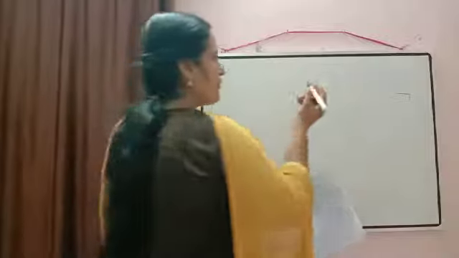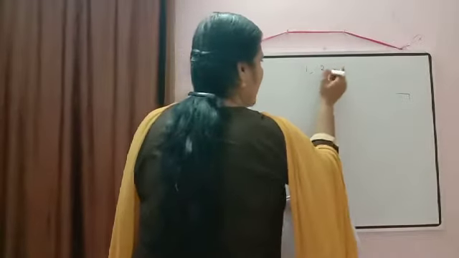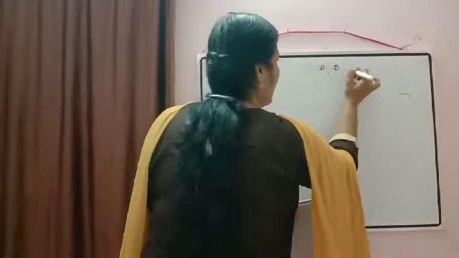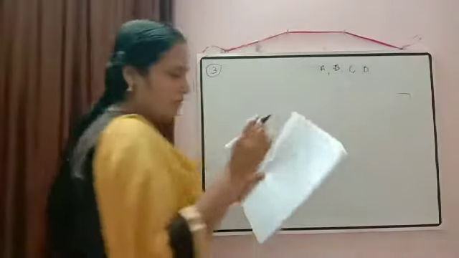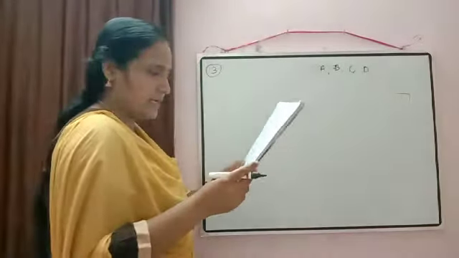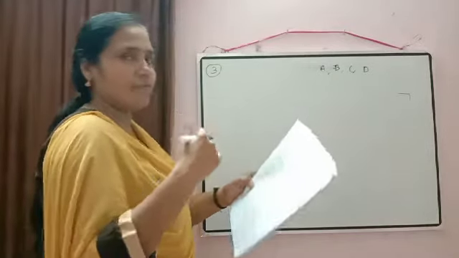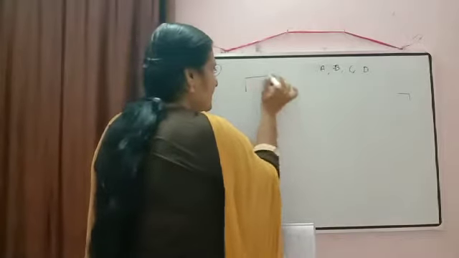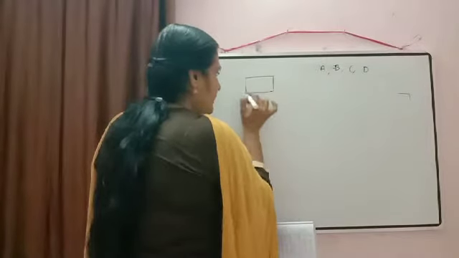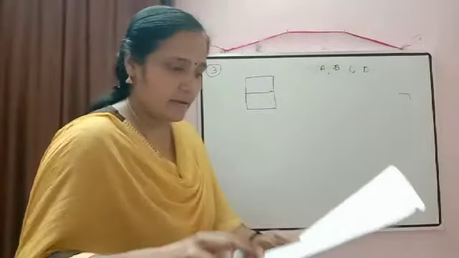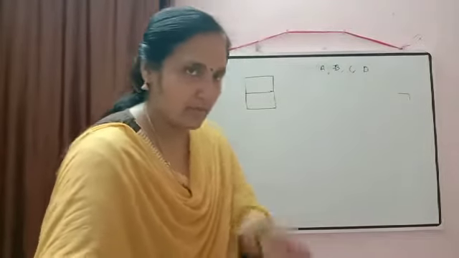So we have 4 flags there. Suppose I am giving the names A, B, C, D. We have 4 flags of different colors, and to generate a signal we require 2 flags, one below the other. So one flag here and then below we have another flag there. Now how many ways are there to do this?